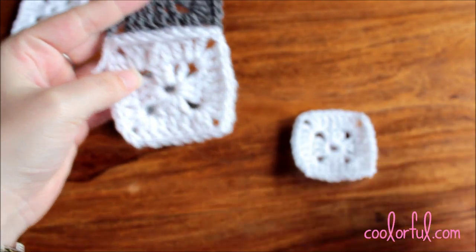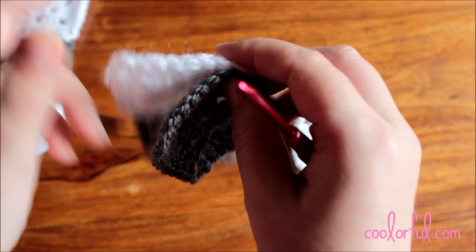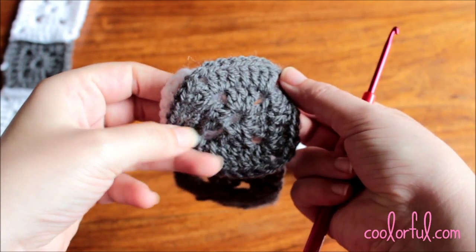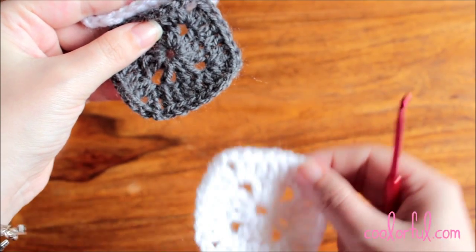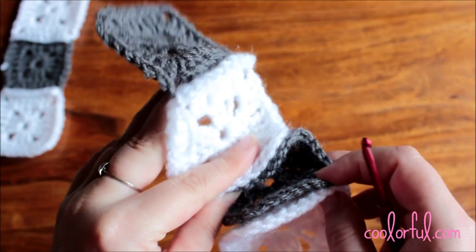So now what you need to do, as I said before, you need to alternate between your 2 choices of color. So I would use this gray, and using the same technique I will put the 2 squares back to back, and I will join them the same way as I did right here. Once they are joined, I will take the white and join all of them in the same way. So please do this with all your 24 squares, and then I will see you again, because at the end